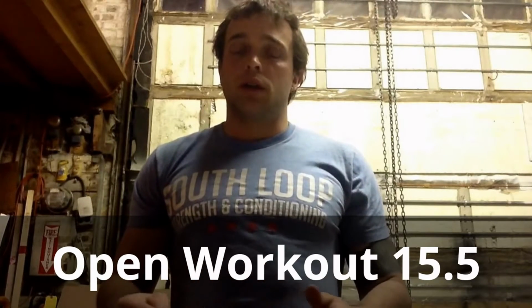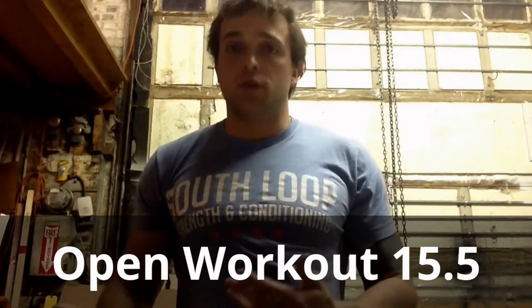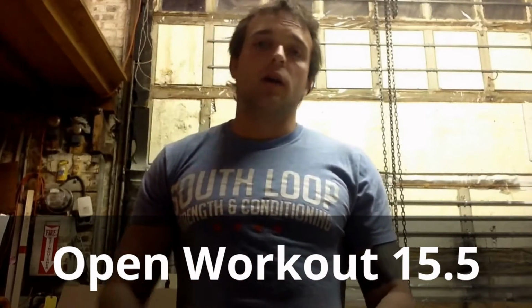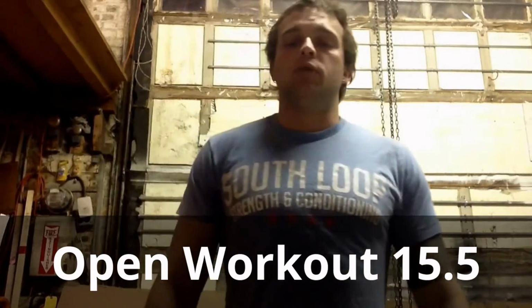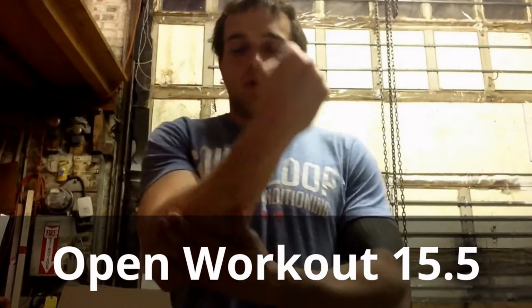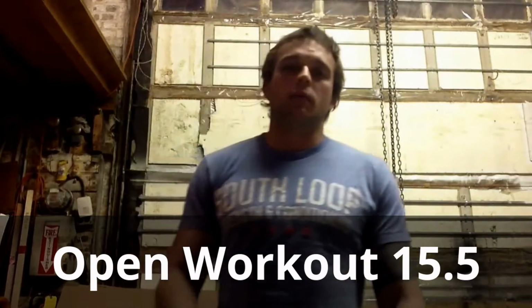year. I think that last week I mentioned that a lot of the previous workouts have felt more like muscle endurance tests. You're standing there, shaking your arms out, waiting to do another chest-to-bar pull-up. Abs are blown up trying to do another toes-to-bar, or your grip is shot, or you're looking at the wall thinking, I can't put my arms over my head, I'm not ready to go back up for